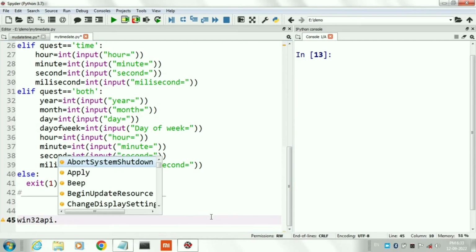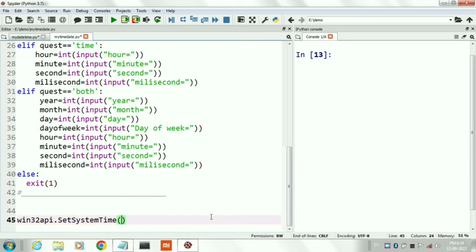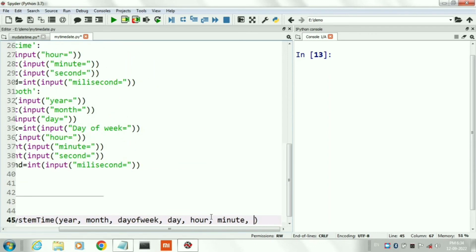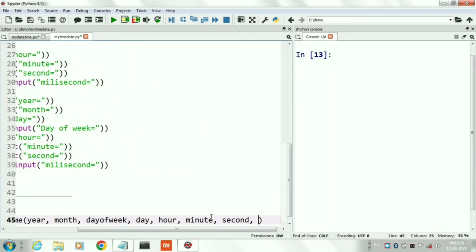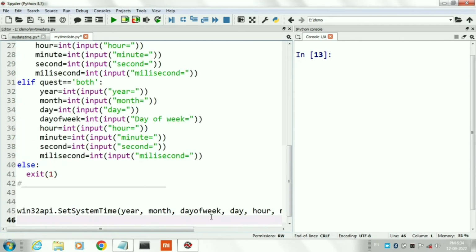Now in fourth part we will call function of Win32 API. The name of function is SetSystemTime that will update the system clock. There are 8 arguments of this function. First one is year, month, day of week, day, hour, minute, second and last millisecond.